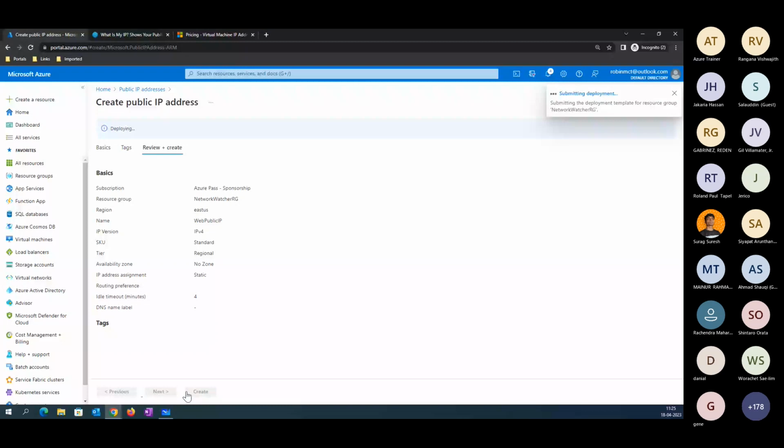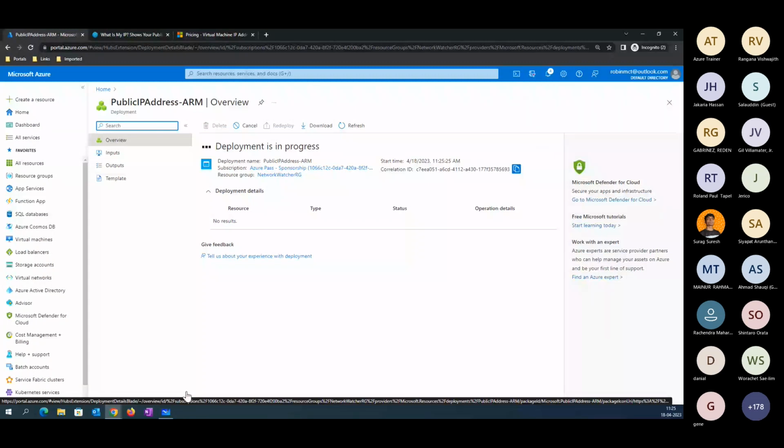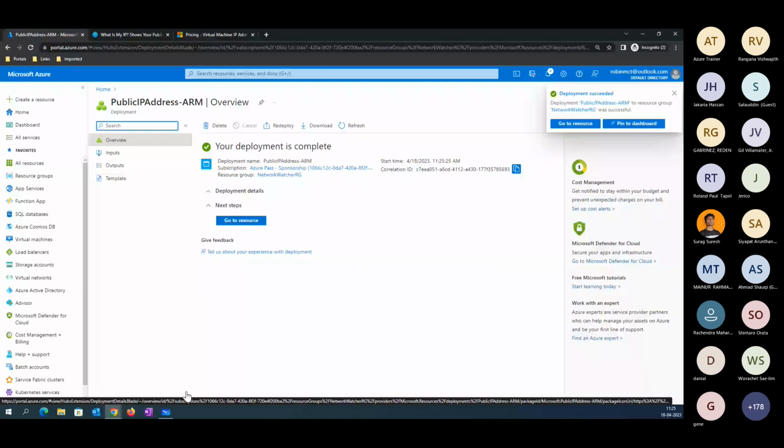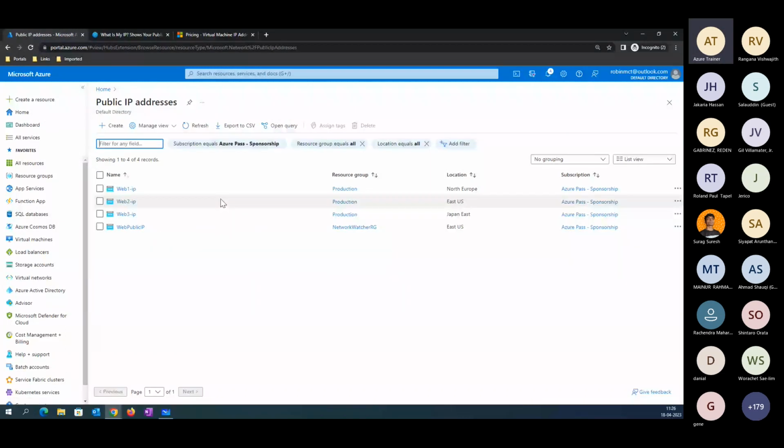Right now, you can see the public IP address got created here. Now let's go back to the public IP address. You can see the fourth one. It's been created in the East US data center. Right now, if you go to the right side, it has not been assigned to any computer here. For example, if you go to the properties here,